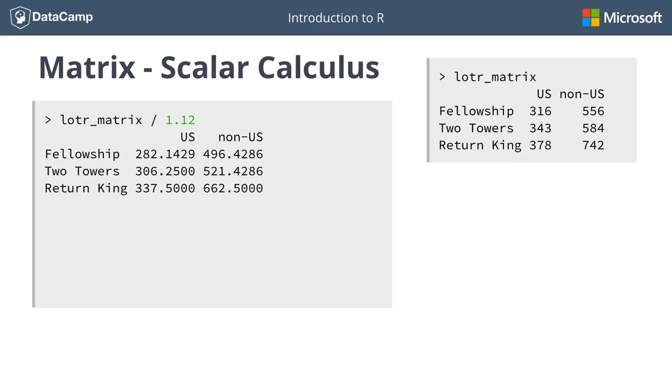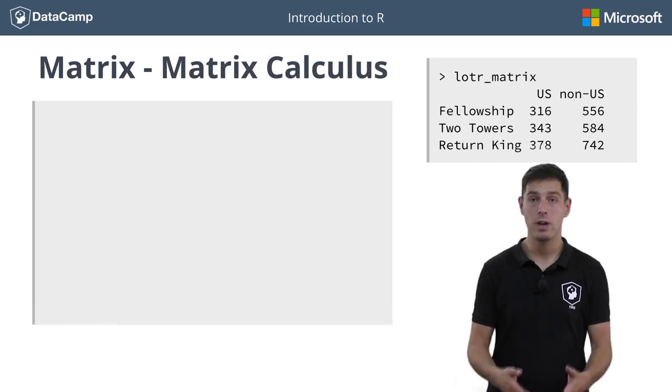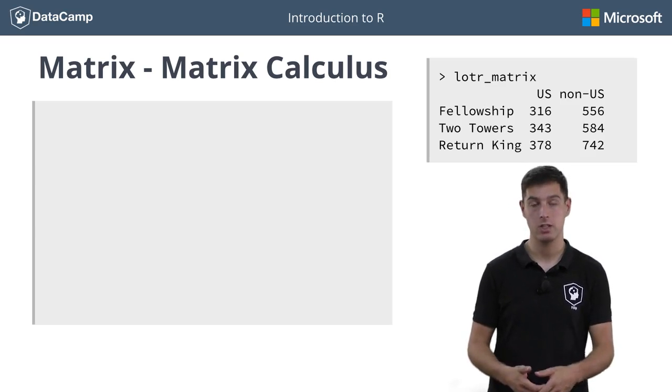Say, for example, that the theaters worldwide claim $50 million on the box office revenue. How much is left for the Lord of the Rings concern itself then? We simply subtract 50 from the LOTR matrix. Operating on matrices with single numbers looks pretty straightforward, and this actually also holds when you're performing calculus with two